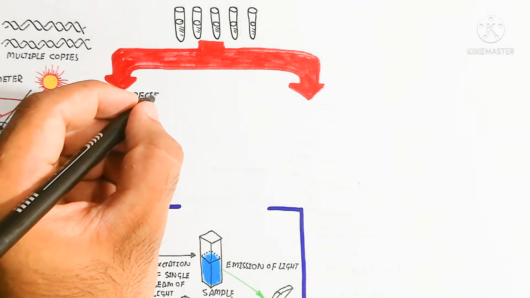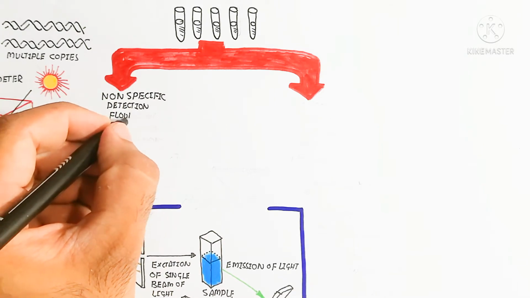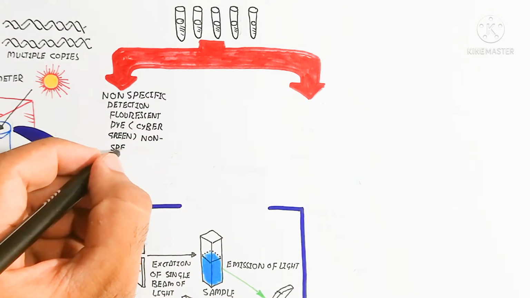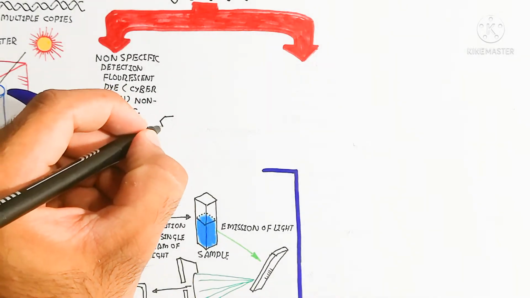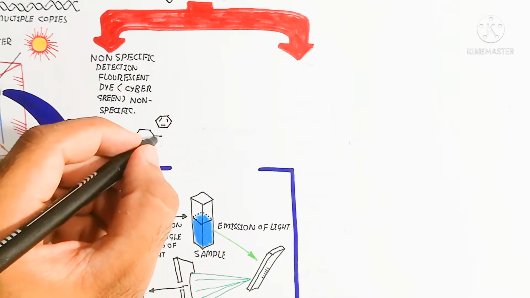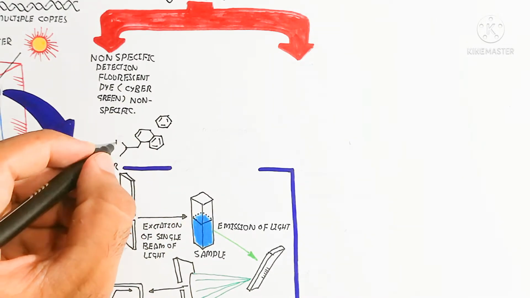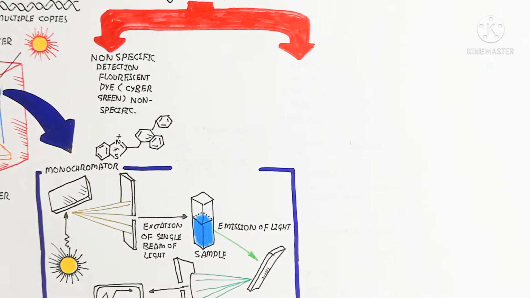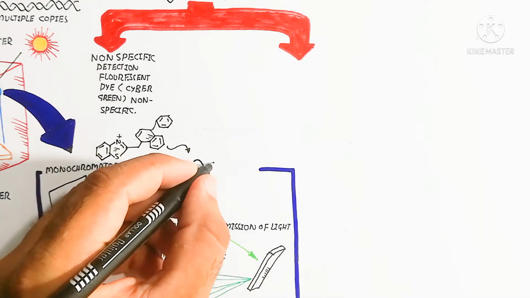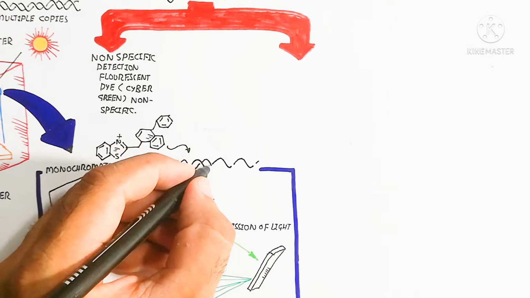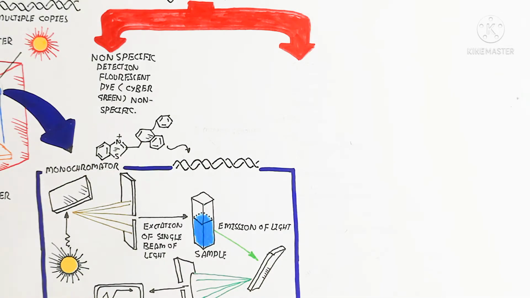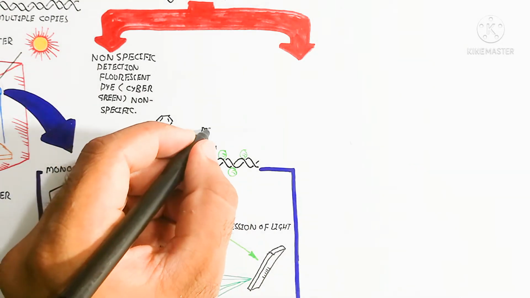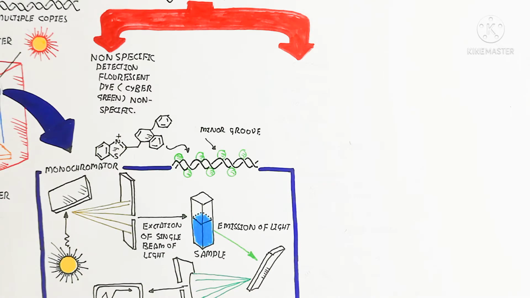Fluorescent dye is basically a dye that binds the DNA, and that is SYBR Green, which emits the green color. It is non-specific, because it binds the minor groove of the DNA. So remember about that. When the DNA is amplified more, the minor groove increases, so the binding sites increase with the amplification of the DNA segment. That is the non-specific detection with SYBR Green.